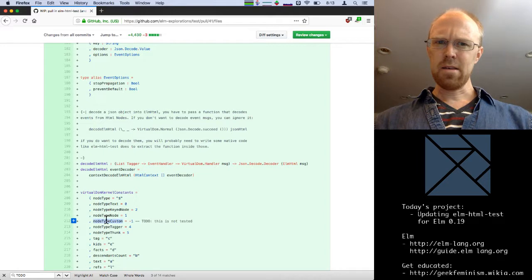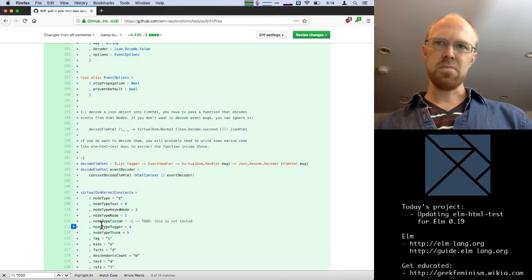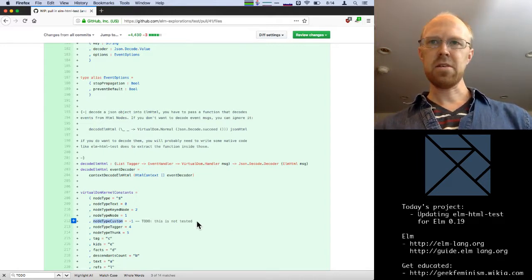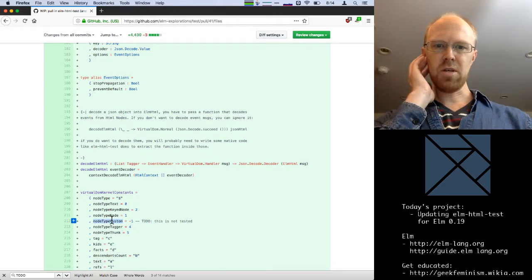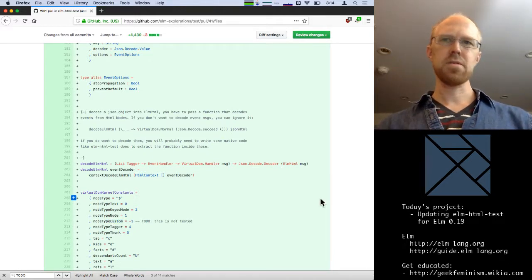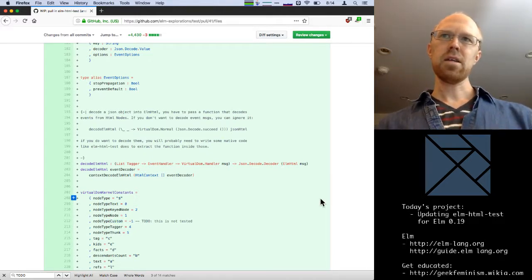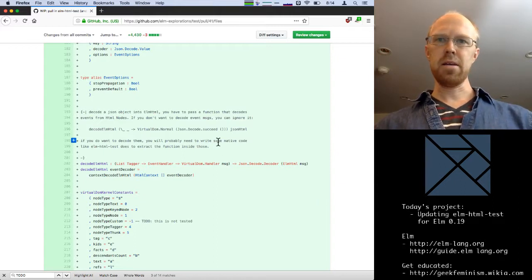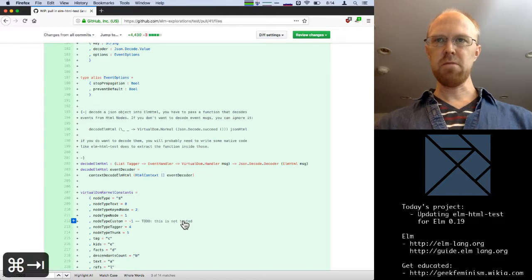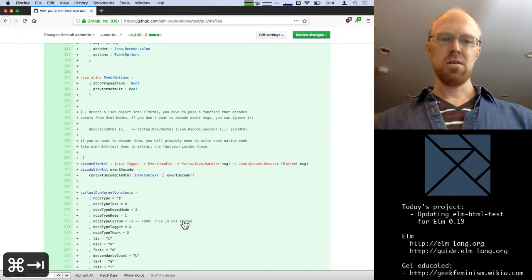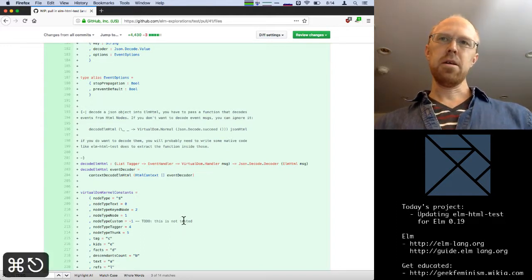So I think elm-html-test doesn't expose any way to test or interact with custom DOM nodes in your test. I guess that's a future feature that might want to be added. But for now, this is potentially something that we could remove, although our other option here is to